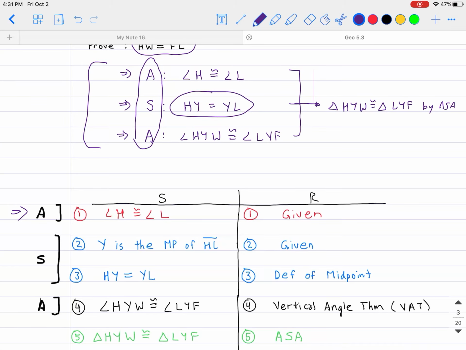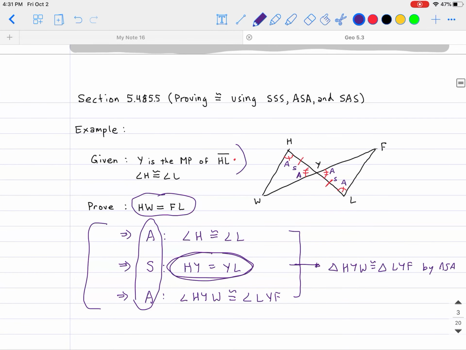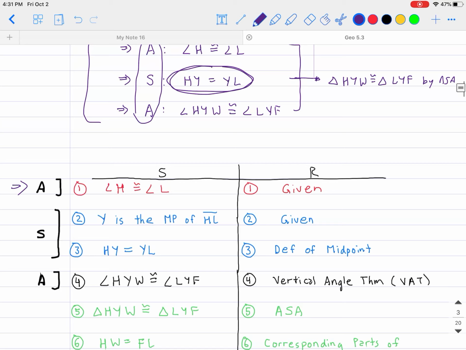Well, that's easy because that's given. Now, the second part, I need to show that HY is equal to YL. Well, that's probably where you're going to have to pull out the other given right here and work with it. Y is the midpoint of HL, so that one's given, so that's good. Next, because it's the midpoint, then we can say that HY is equal to YL by the formal definition of